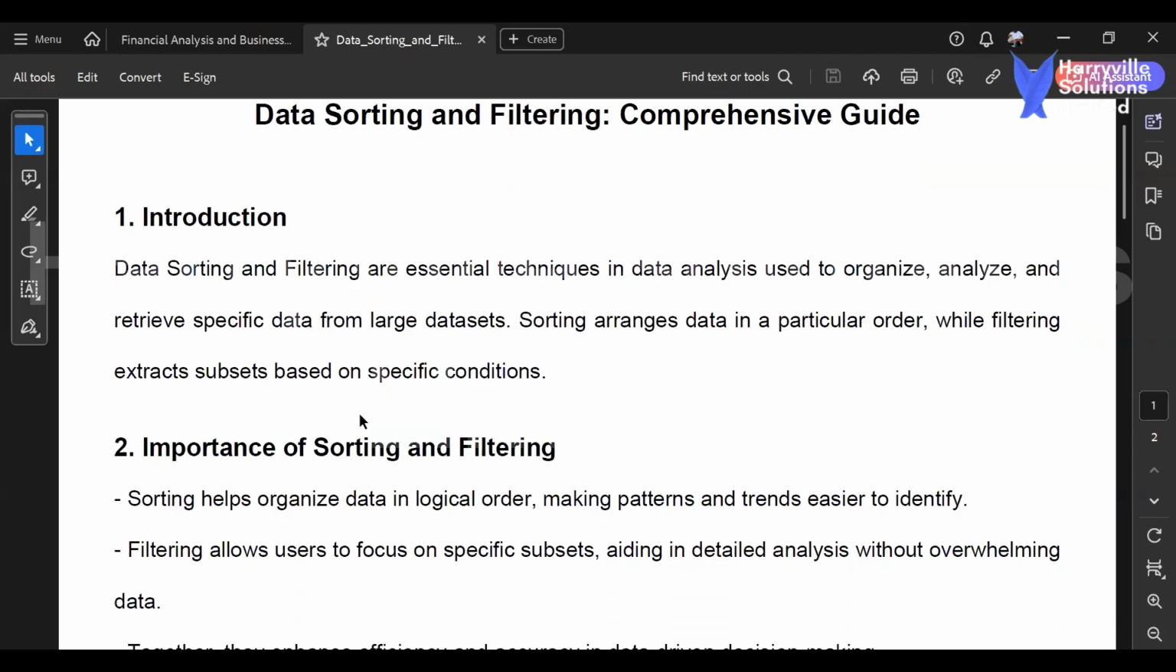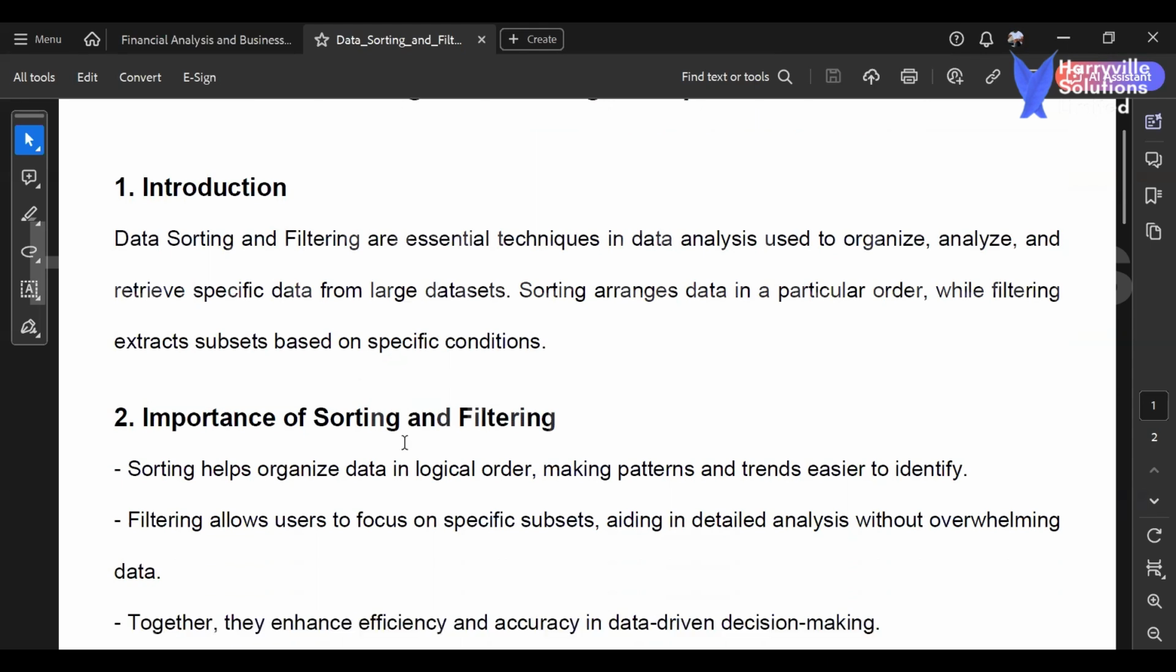The importance of sorting and filtering: sorting helps organize data in logical order, making patterns and trends easier to identify. If you have a data set with a column that contains age, and you want a quick view of the highest age, that is, who is the oldest person in the data set,